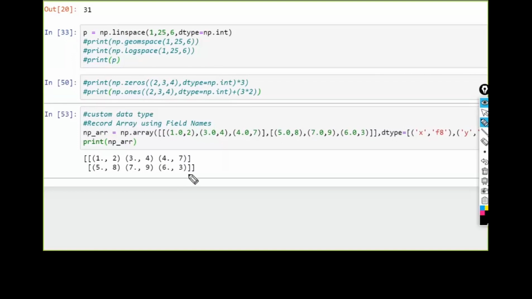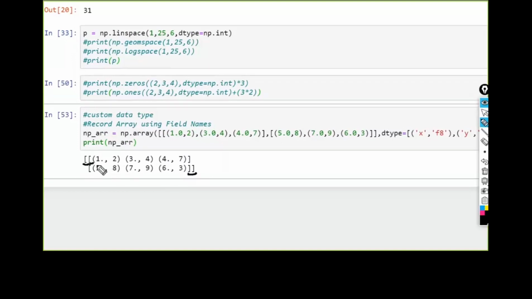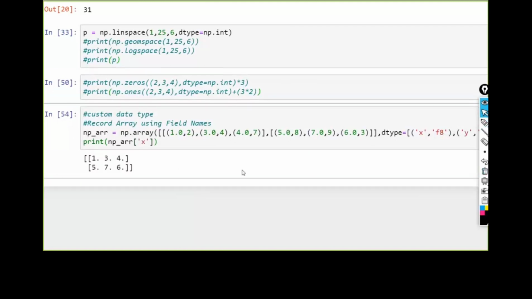Okay, so the first one is all floats, which is of x, but you're not seeing the x field names, but you will have access to it. See how I'm going to access np array of x. So you will get all the x values. Are you getting it? See how easy it is to access through field names. I'm extracting all the x values. If you want the y value,